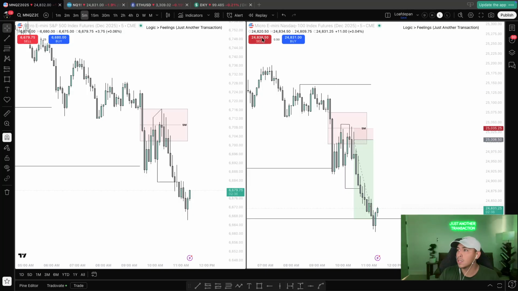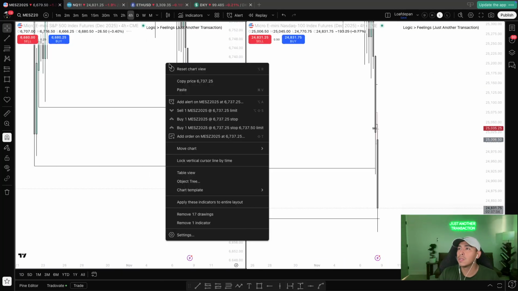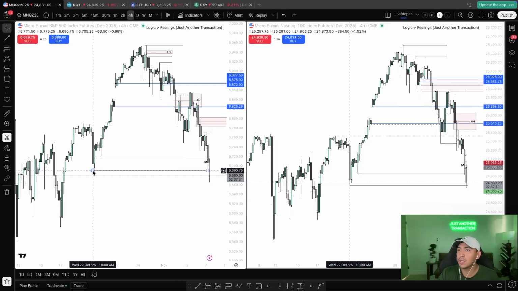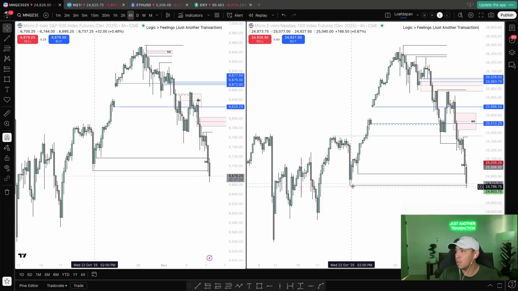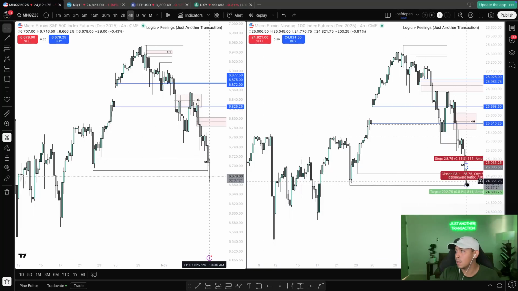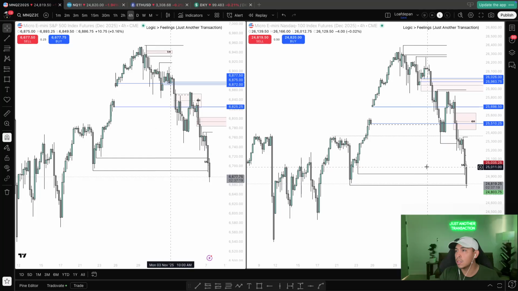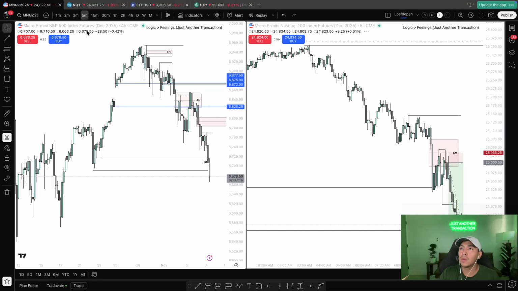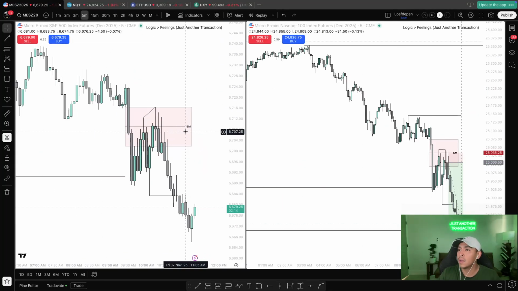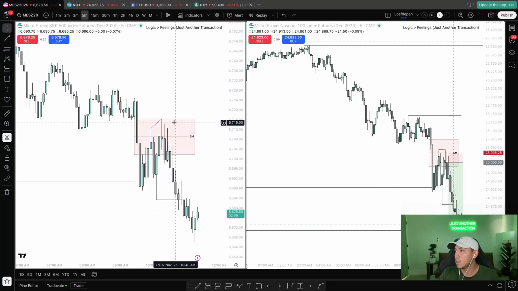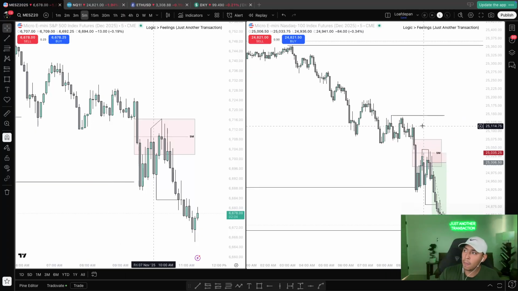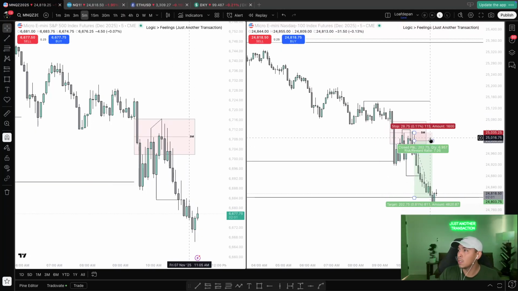Why bullish bias? We had an SMT on the 4 hour as well. So if we zoom out and we look at the 4 hour chart, when market opened, we dumped and created two displacements on the 5, but this low here on the 4 hour had not been taken on NQ, and we took it on ES. So this SMT started to confirm my bias of being bullish. And also given that overnight we slowly trickled down and we had left a lot of liquidity resting above these areas, I was really interested in NQ for these relative highs. And so, yeah, I just stuck with that idea and that plan.